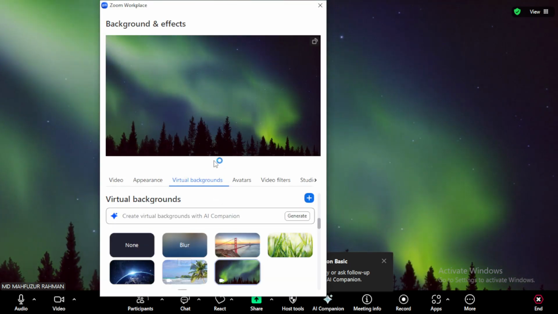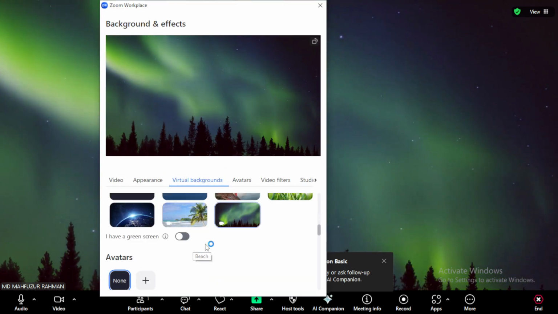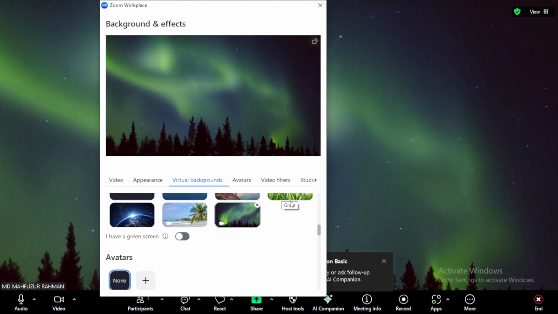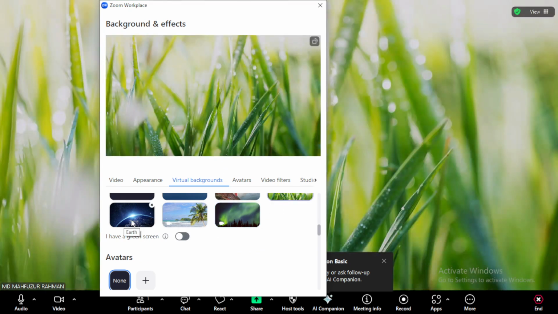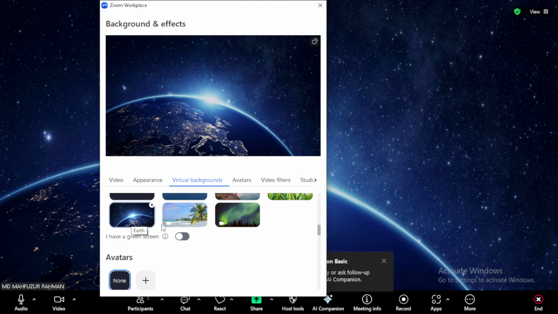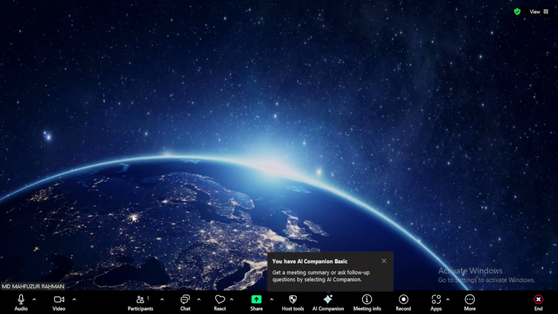On desktop, you'll usually find a small arrow next to the Start Video button. Click it to open video settings, then look for Backgrounds and Effects or a similarly named tab. On mobile, tap the More option during a meeting and look for Backgrounds and Effects. Inside that section, select Blur. You should see the background soften